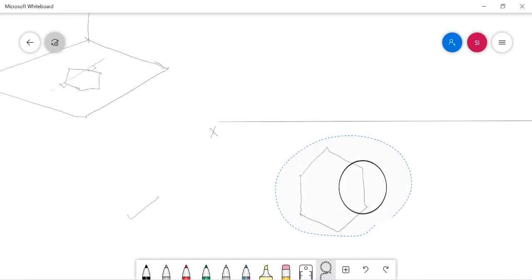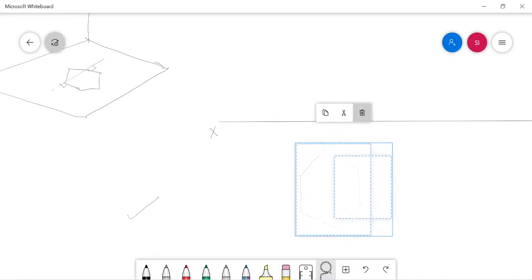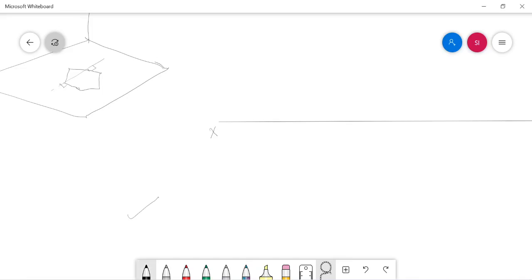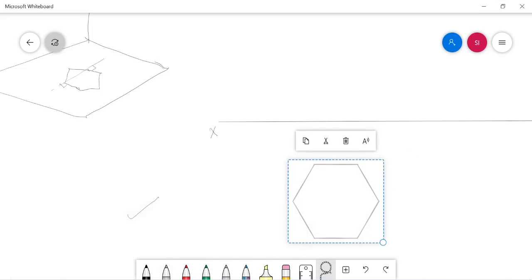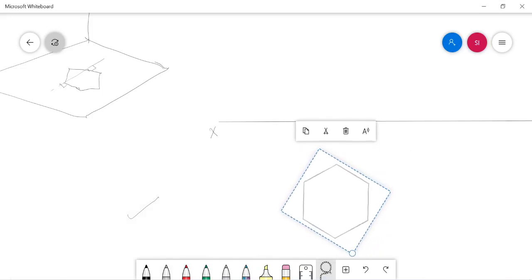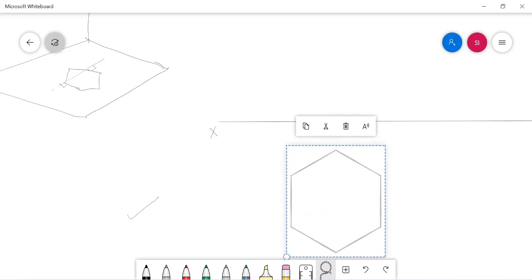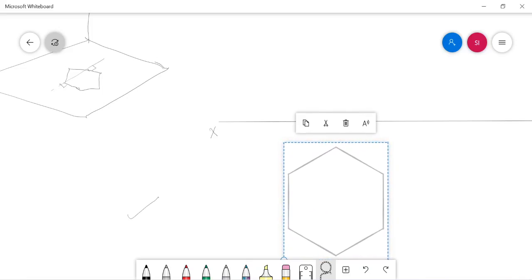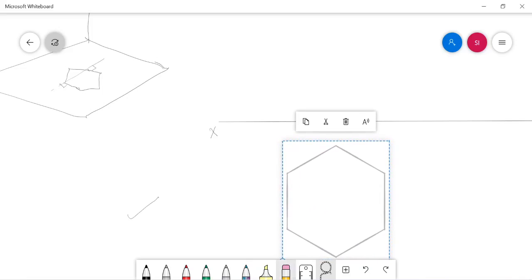Let me draw the base view of the solid. I have to rotate this solid in order to make two of the base edges perpendicular to VP.